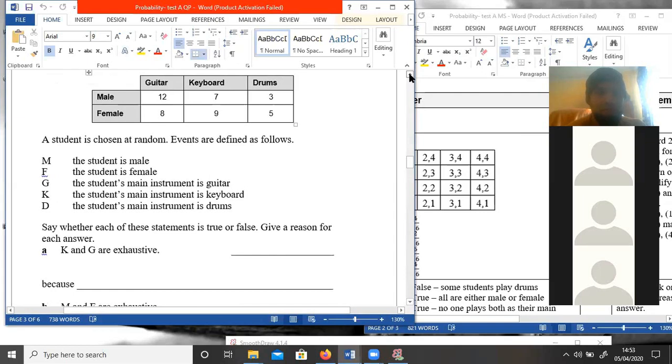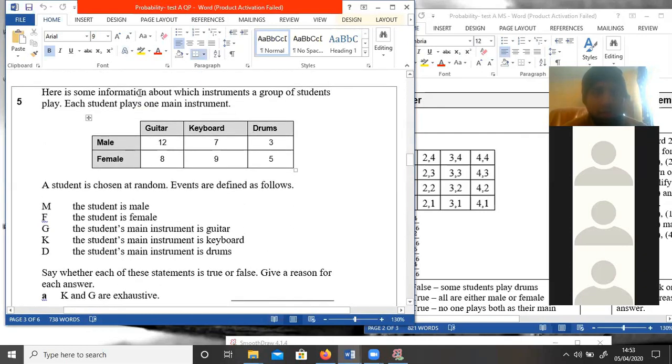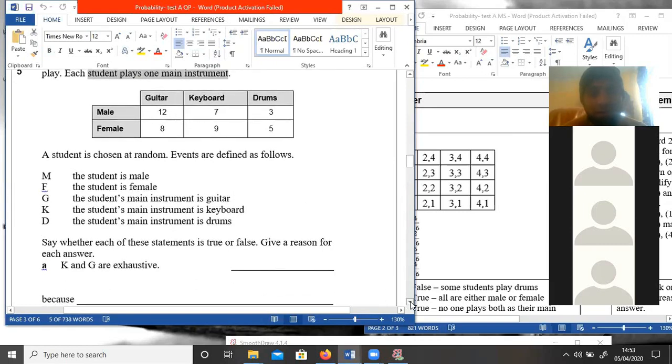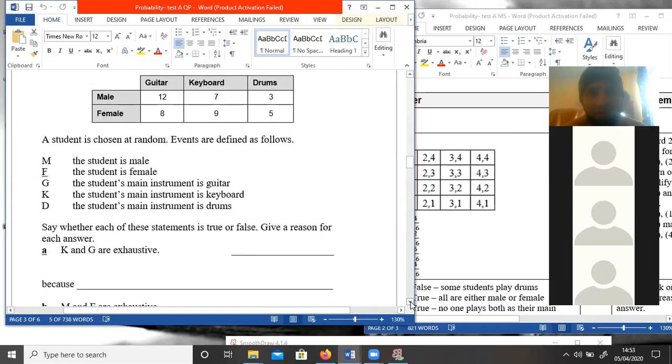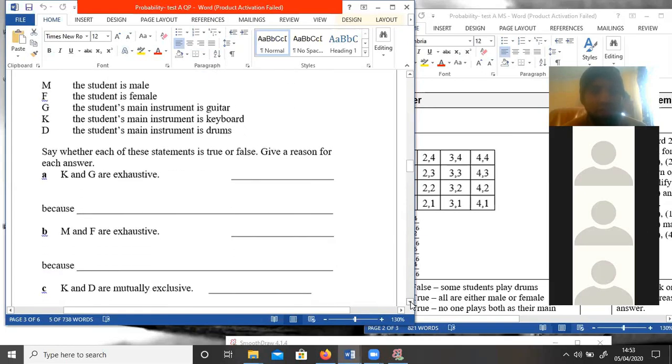K and D. No. So what do you say, Amar? No. Why not? Because somebody can play both instruments. That's true. But at the same time, look at the question: each student plays one main instrument. So if you're only playing one main instrument, can you be playing two? No. Because each student can only play one main instrument, K and D,